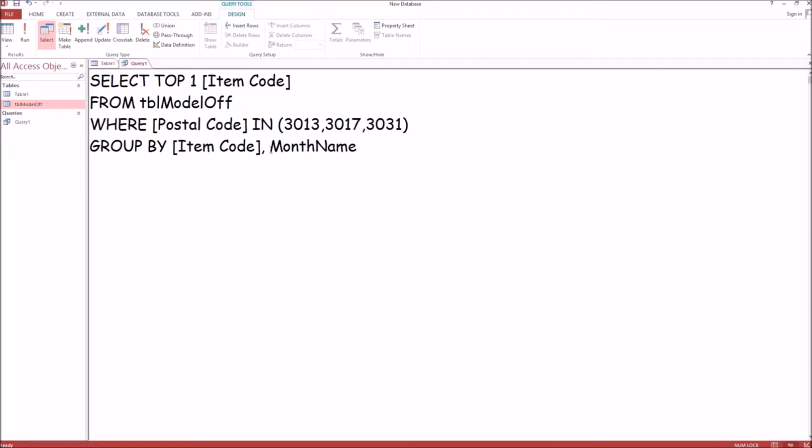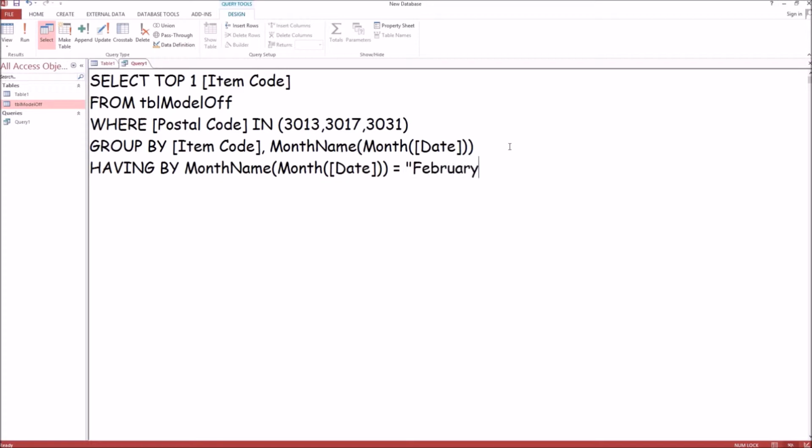That's month's name, months, date field, where, or technically speaking, having by months equals February, and then we need to order by our profit